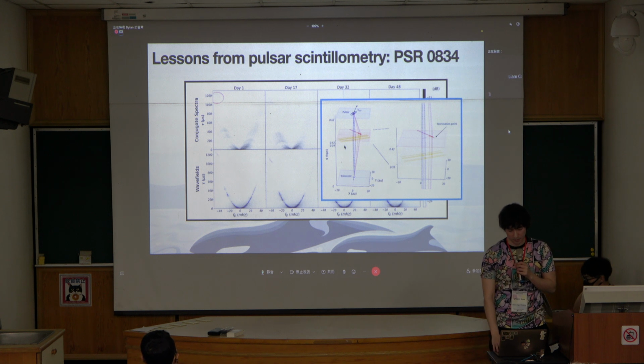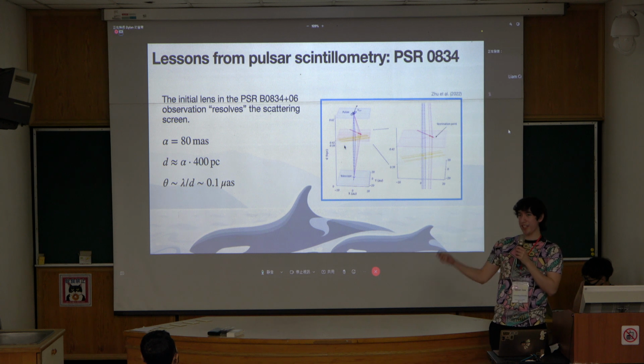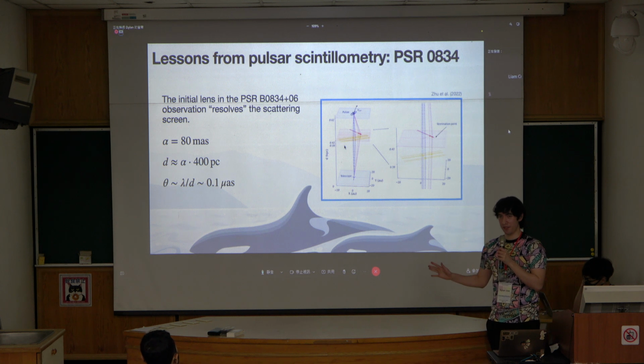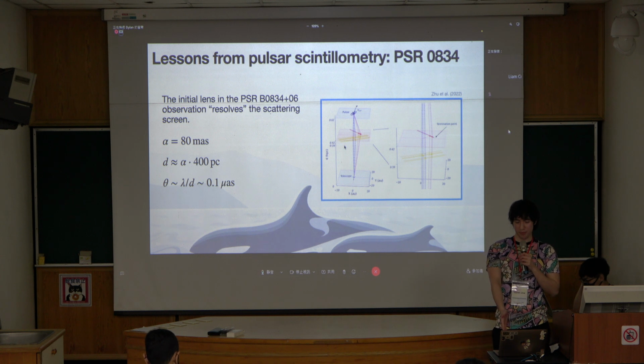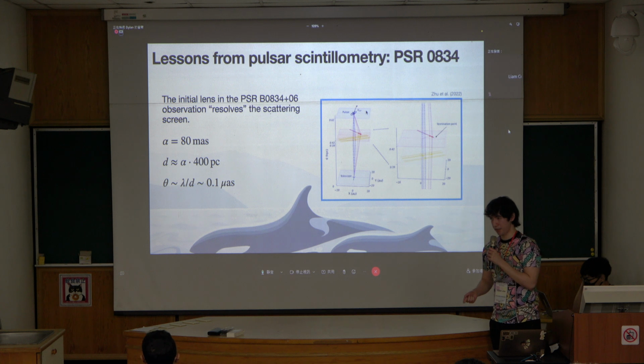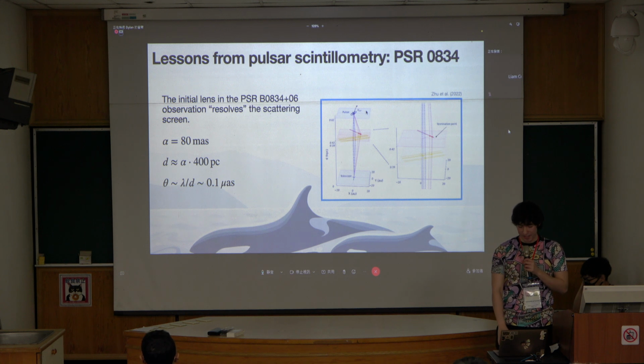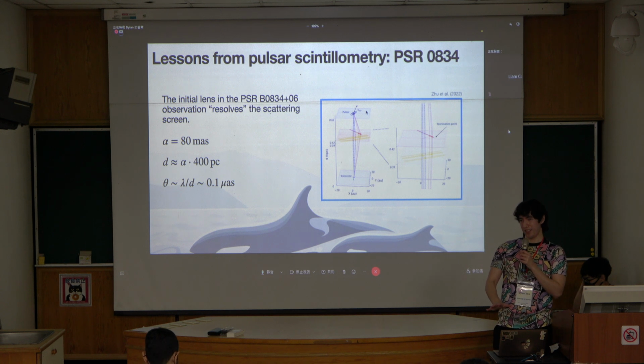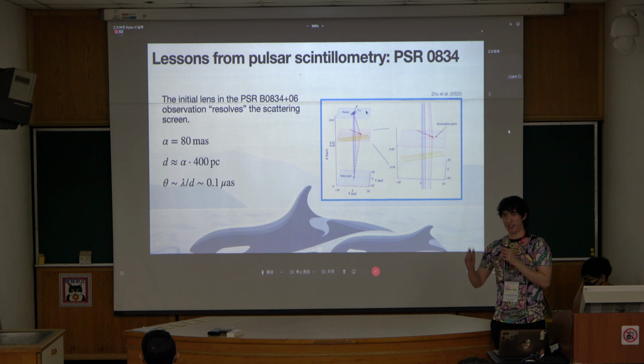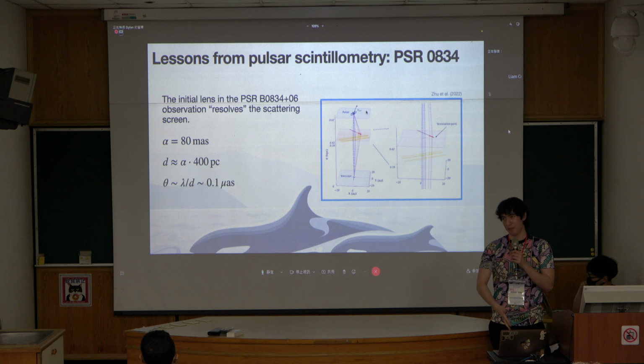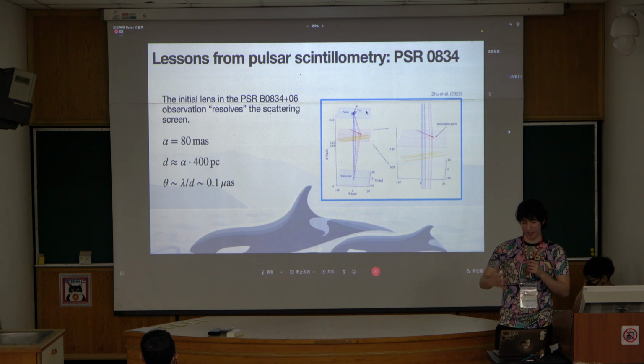So it's sort of similar. And if you plug in the geometric values of all of the distances and whatever, you find that actually this is a case where, using the jargon, the lens resolves the scattering screen. And yet, there's no problem here, right? You might think that in the jargon this causes decoherence, but there's no real issue here. You can find the images, you can detect that there are multiple lenses, you can tell that there is an